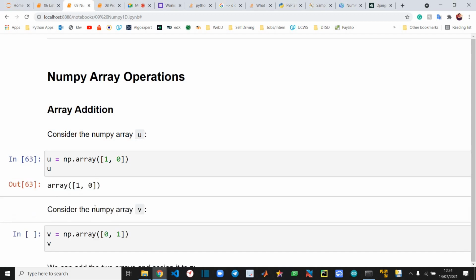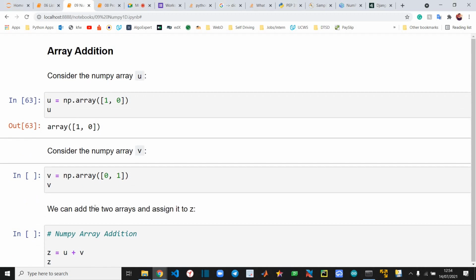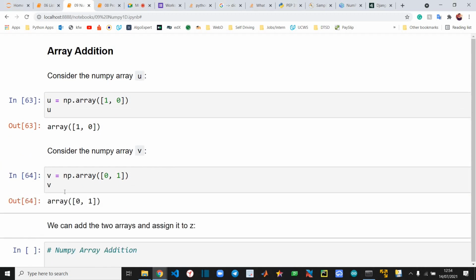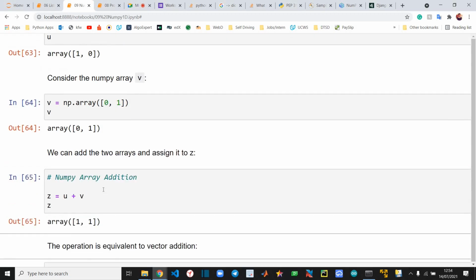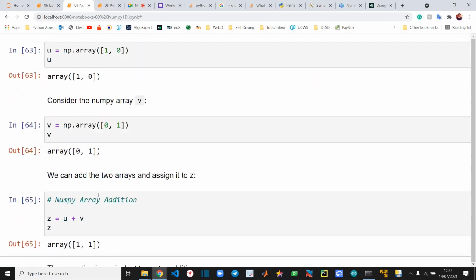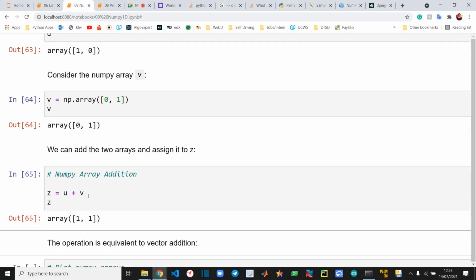So we have two arrays. Now we'll do array addition. We have these two arrays. You can call them vectors. You can call them a matrix, like a 1 by 2 matrix, and you can do addition. Okay, this is just simple matrix addition, element to element.